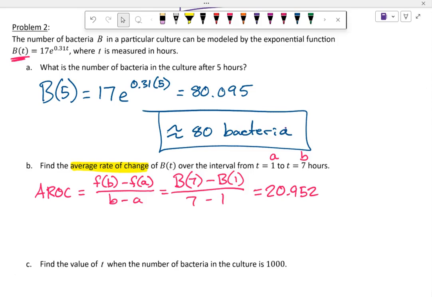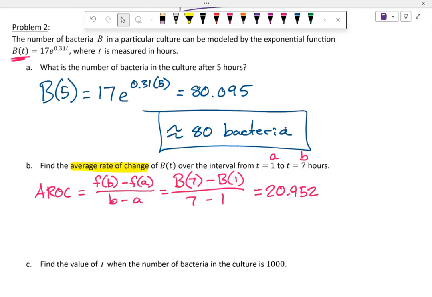Now, let's see if you guys remember this. I don't have it here, but whenever I ask for average rate of change, whenever I say find AROC, I can also, if it's contextual, ask, what does that mean in the context of the problem? Do you remember me asking that before? That was a sentence. We started with, on average, what would we say for this one? Let's say it out. On average, what? The bacteria, on average, the bacteria is